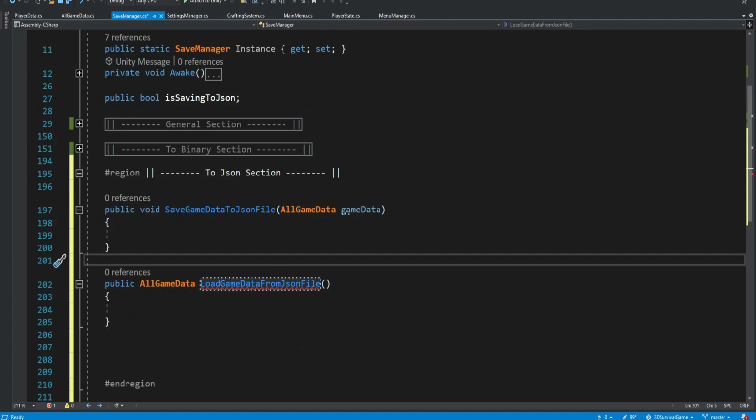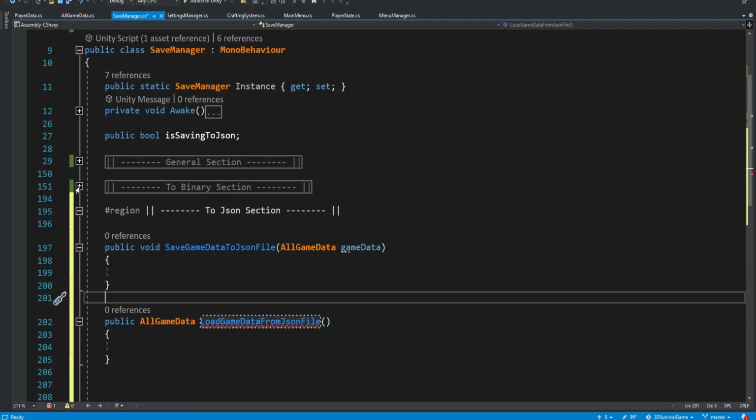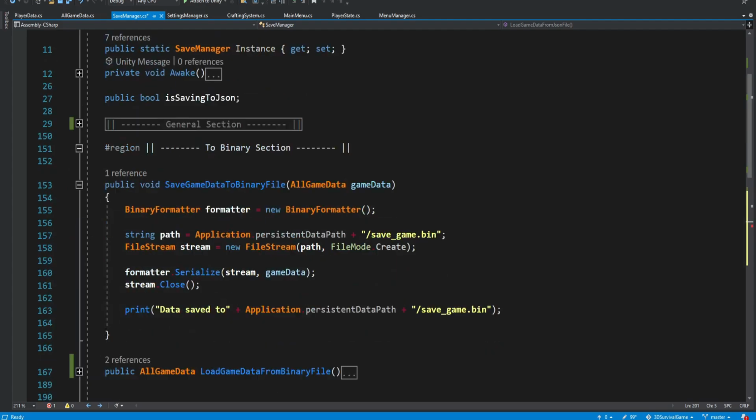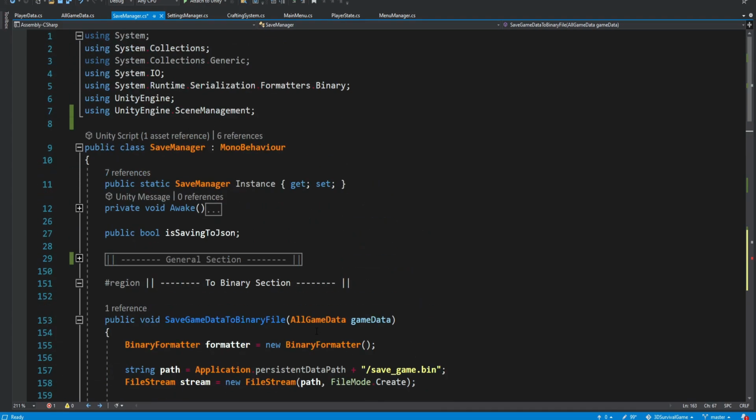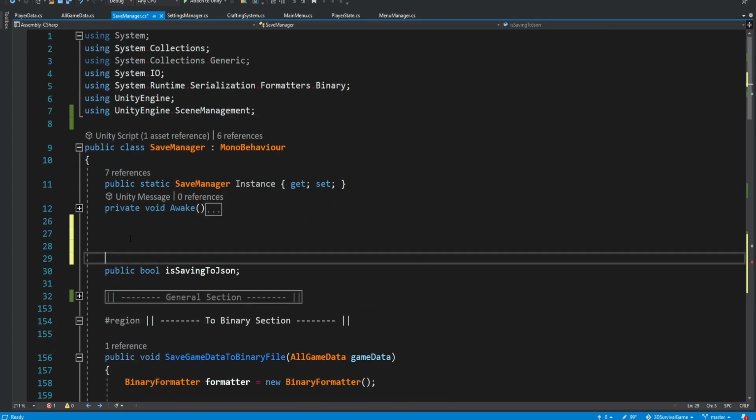Now, before we start working on these JSON methods, we also want to make our script more efficient, and we don't want these hard-coded file locations, right? Because later we're going to have more than one save game, and we also want to be able to change the name of this, so we don't want to hard-code it inside the method. It's never a good idea. So for this, at the top, we're going to create